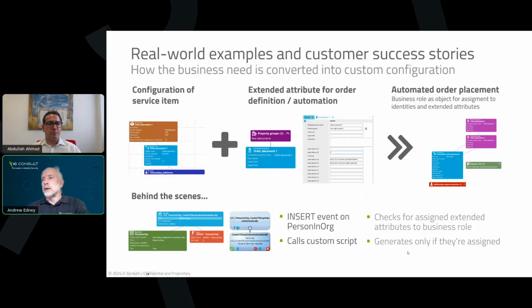The other thing that was quite interesting about this was that there will always be situations which are a bit unusual. So you might have a new starter coming, and you don't get the 30 days notice. They're going to start tomorrow. We've just found out about this. So the manager goes, well, I know they need this really quickly, so I'm going to order that for them straight away. So while the system's doing what it does in the background, the manager's already put a request in. So the background process looks, sees they've already got that request and doesn't regenerate it. So it doesn't double up the work.